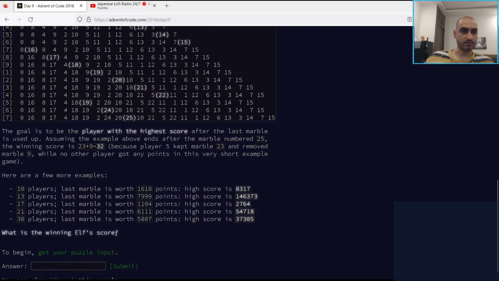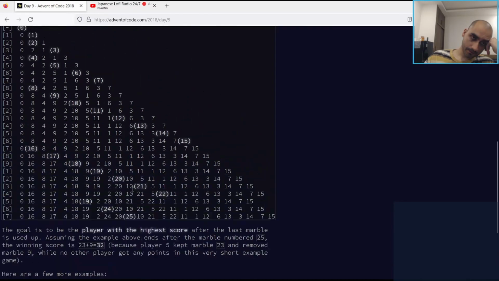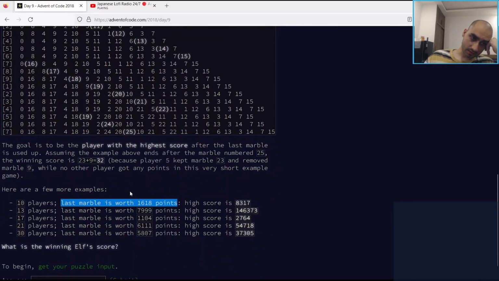And then they give us an input which doesn't match the example's format. So now they're saying the last marble is worth this many points. What does that mean? I don't understand this phrase here. Are they introducing a new rule, like you get a bonus of that many points for the last marble? That wouldn't make sense because we don't know how many marbles there are. So I assumed it meant they're telling us to end the game as soon as someone gets that many points on one turn. But that...